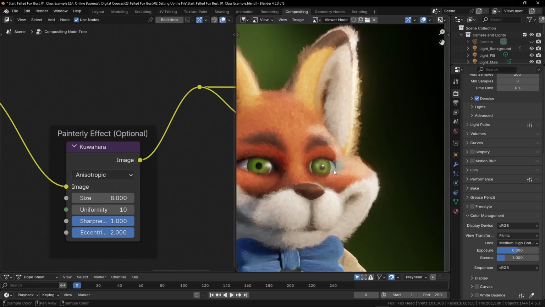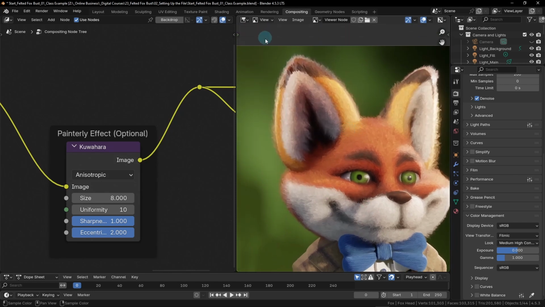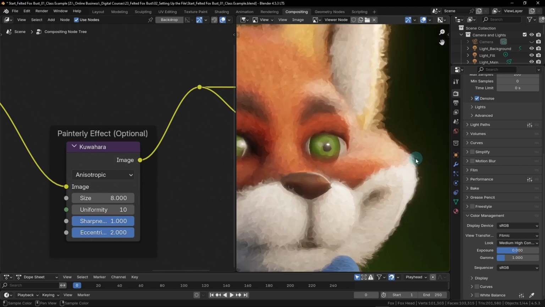The whole image has this kind of oil paint filter applied on top of it. It still looks obviously like this has some fuzz and hair to it, but it's a lot less detailed and a bit more stylized, which might be an effect that you like. You also have some effect over what this painterly effect looks like on the image by changing these parameters here